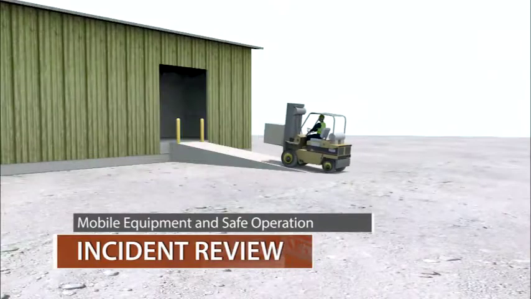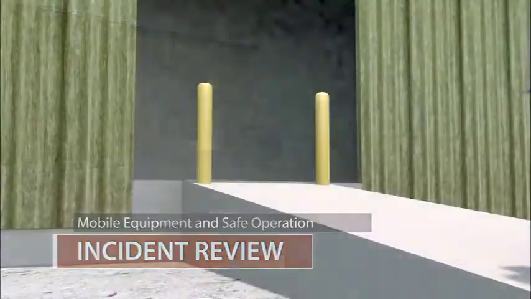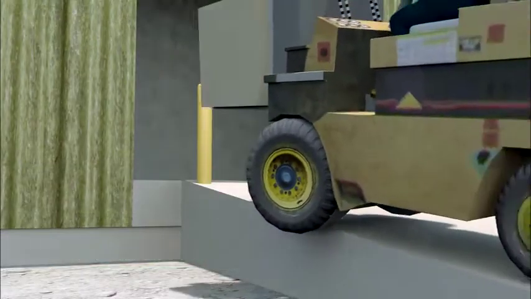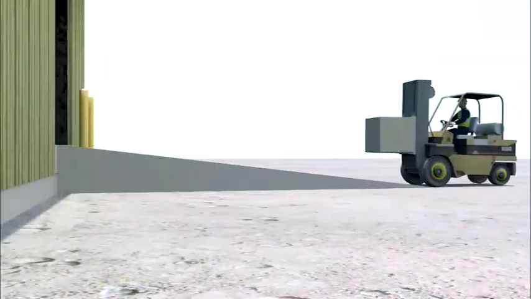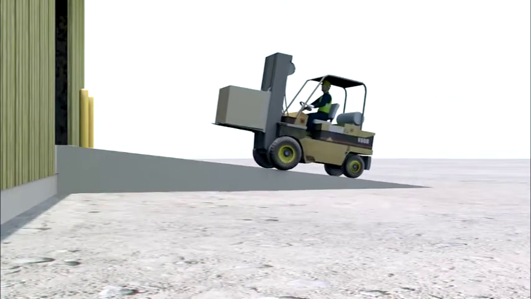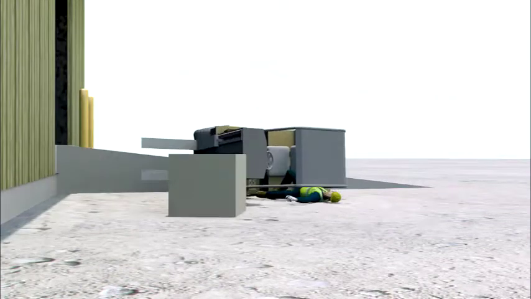An operator was carrying a relatively small load up a narrow ramp when the left front wheel slipped off the side, causing the forklift to tip over. The operator was not restrained in the seat by a seatbelt and was thrown from the cab and crushed to death by the forklift cab support structure.